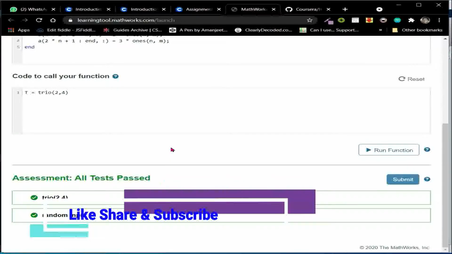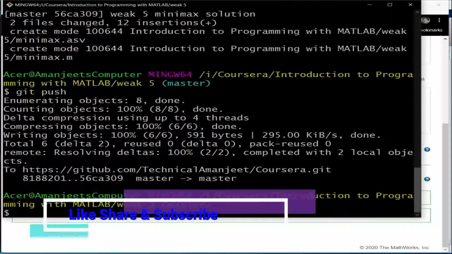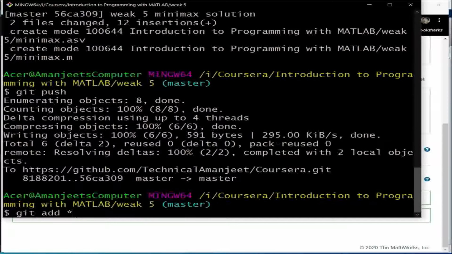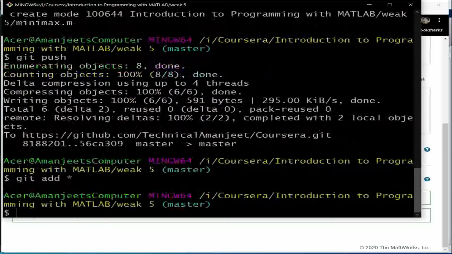Now let me push my code to GitHub. So cd, git add, git commit -m with the commit message week 5 wrap up solution.